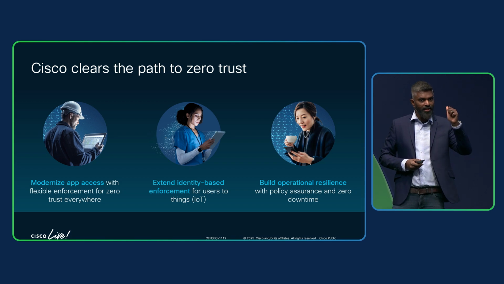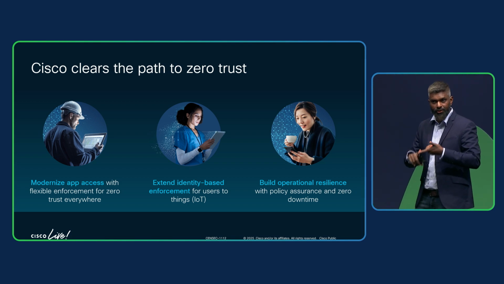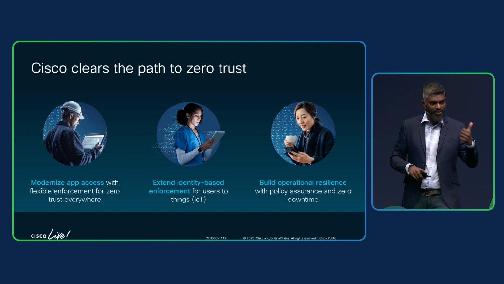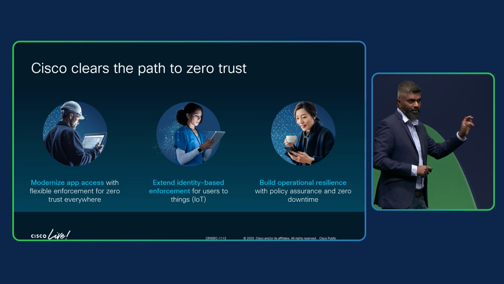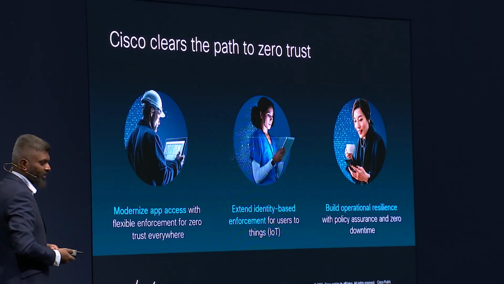The first one I want you to take away is modernizing application access: being able to provide secure internet connectivity, private access, and those AI guardrails. That's one of the big things we want to provide you with. The second one is around extending identity-based enforcement. I would argue that the second bucket is very unique and differentiated for Cisco, leveraging this universal identity context that we're building and taking it across policy elements.